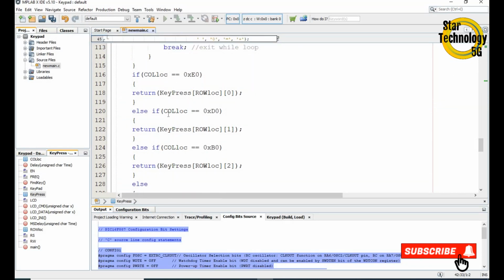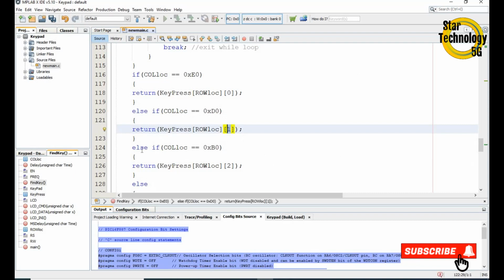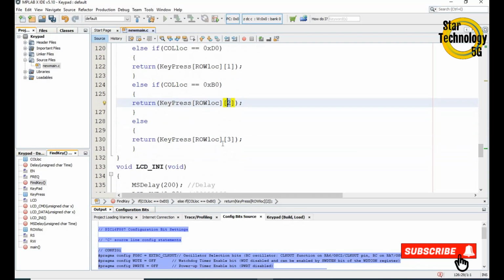Else if column log is equal to 0xD0, return key press row log and column number 1, and if column log is equal to 0xB0, return row log and column number 2, and at the end we have key pressed row log and column number 3, and it will send that data to the key pressed.